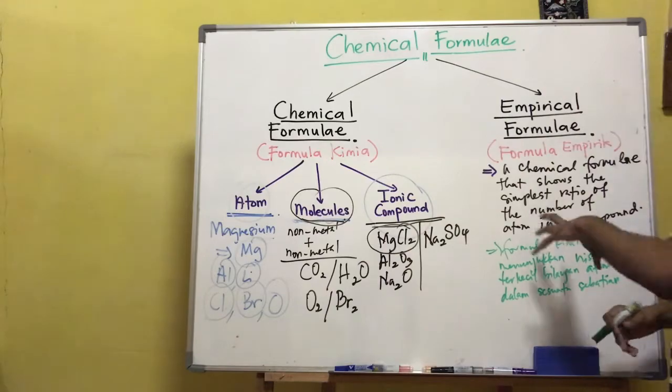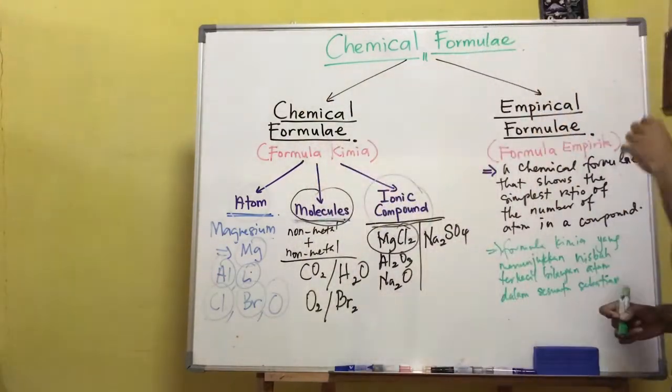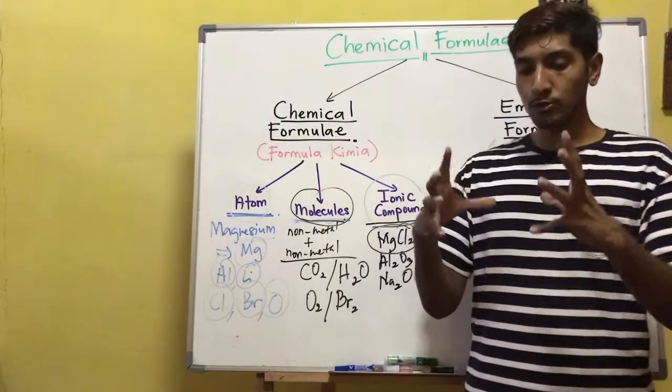Boleh? Jadi beza antara chemical formula atau formula kimia dan formula empirik ialah kalau kita ada formula kimia, contohnya kita ada,